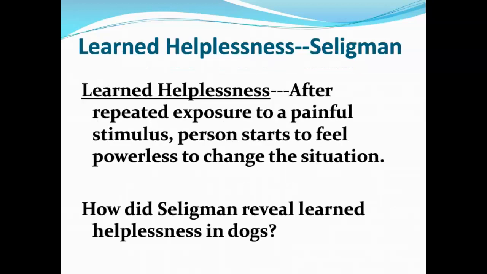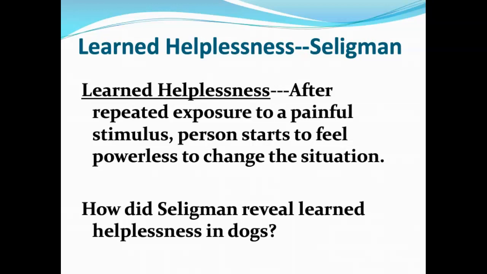Okay. Last thing, concept of learned helplessness. Seligman did this very famous experiment on dogs to demonstrate a process that he theorized would come to fruition. And it's the process that he called learned helplessness. He believed that through his research on depression and even Holocaust survivors, under specific circumstances, people learn to give up. Okay? And the reason that they learn to give up is because they learn that they're helpless against the